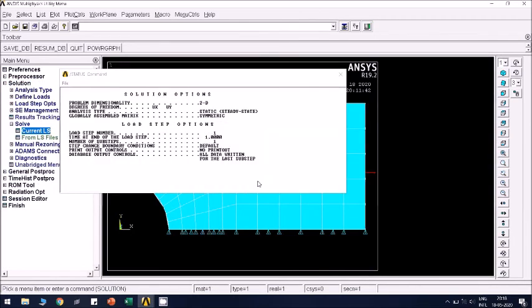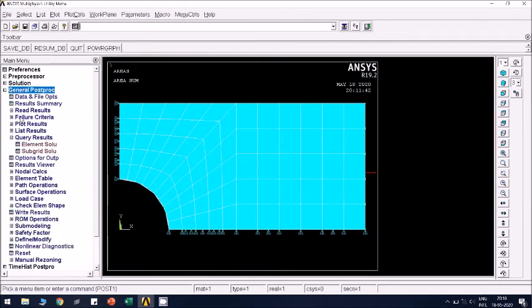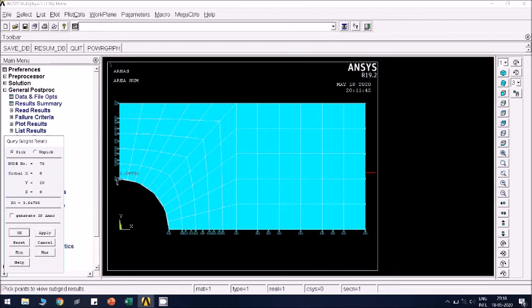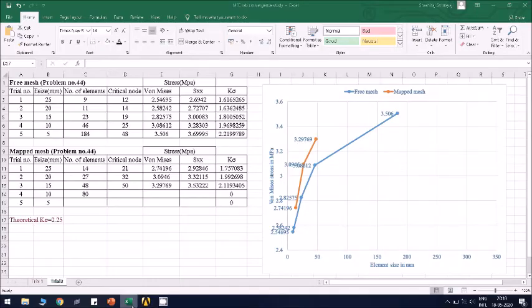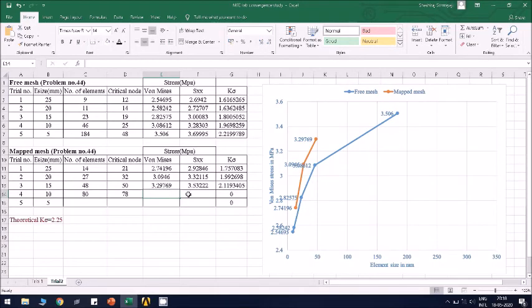Current load step. Okay, solution is done. Close. See the results. General post processor, subgrid solution. Sx we'll see first. Select the critical node. Node number 78 is the critical node now. 78 is a critical node, and value of Sx is 3.64786.